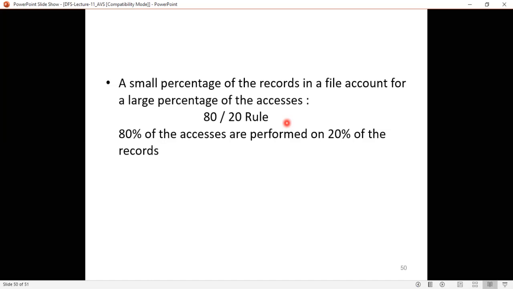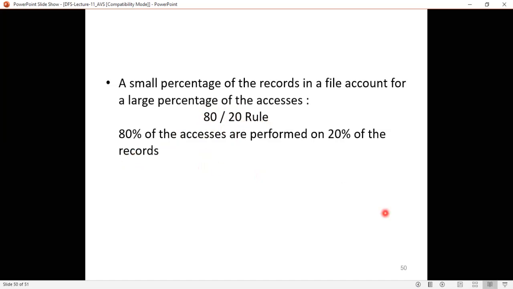Understood? So that people can access them fast. That is called the 80-20 rule. In the case of records also, you are going to do the same. The 20% of the records which will be accessed more often will be placed near the home address. Understood? That is called the 80 by 20 rule.